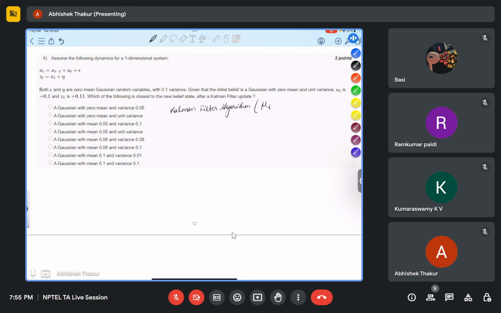So that depends on mu t minus 1, covariance t minus 1, u_t, measurement z_t. Mu t bar is equal to, so this is just the algorithm which we have studied in the last lecture. You can see this equation there. Kalman gain K_t is equal to